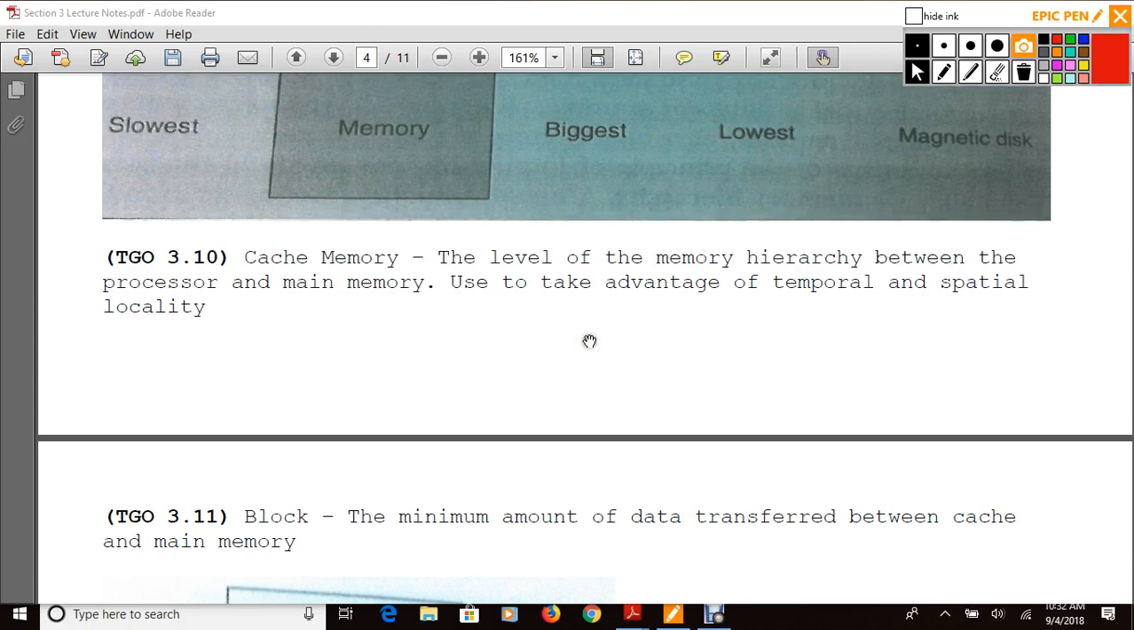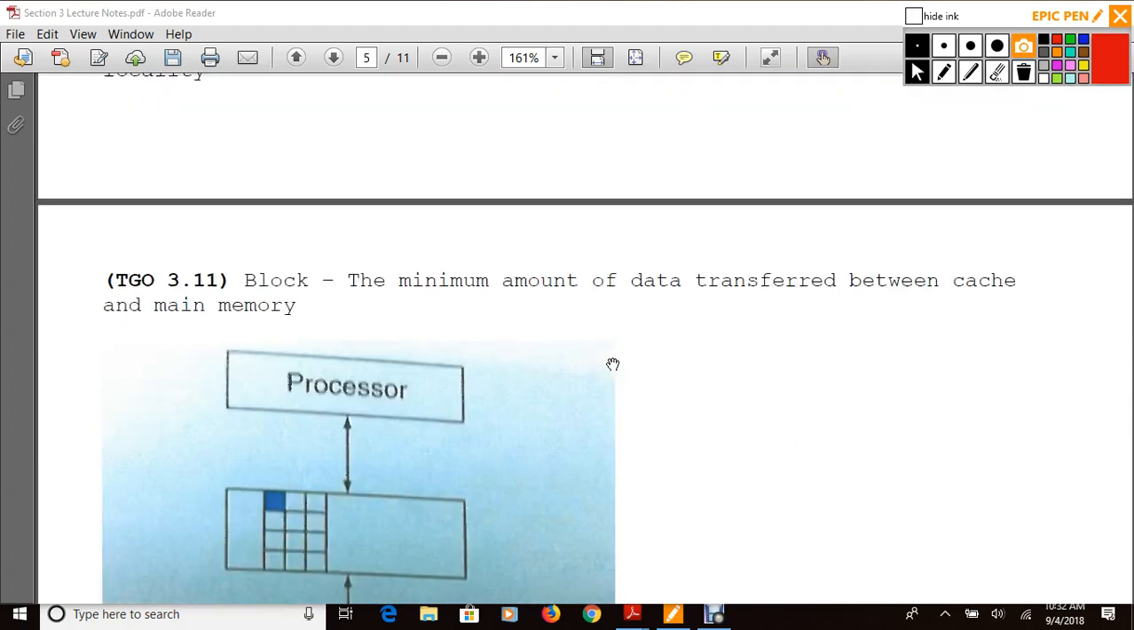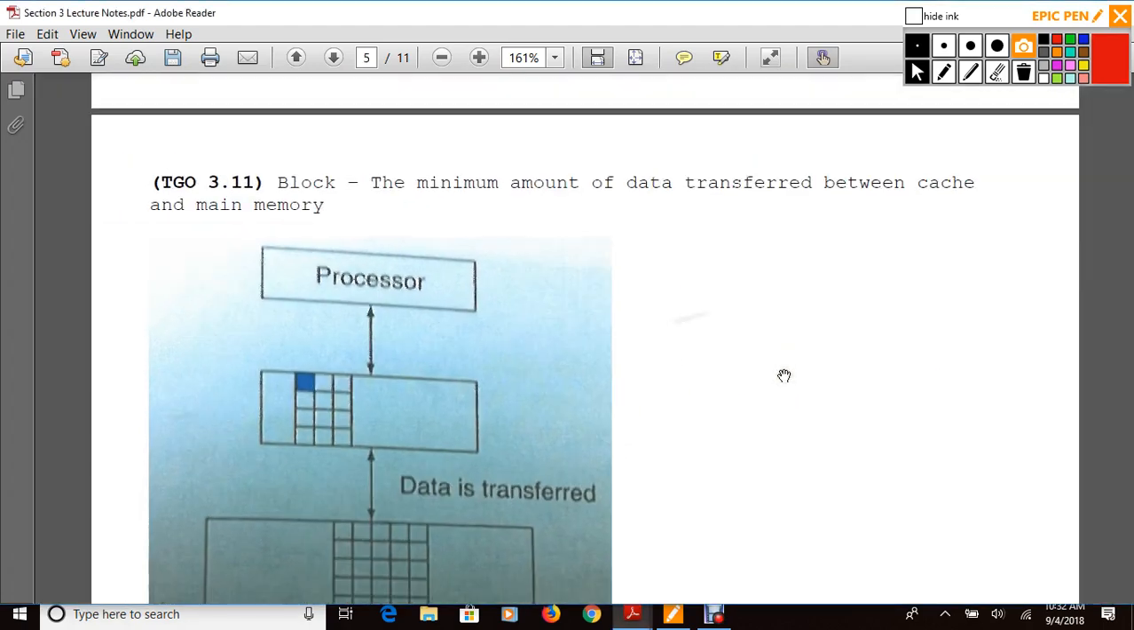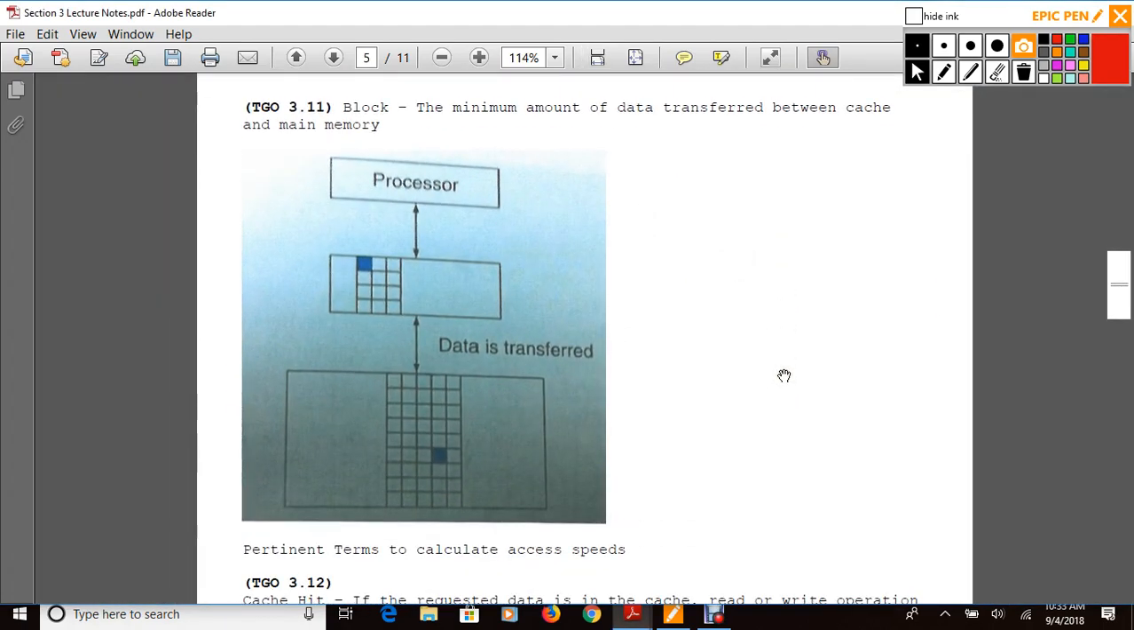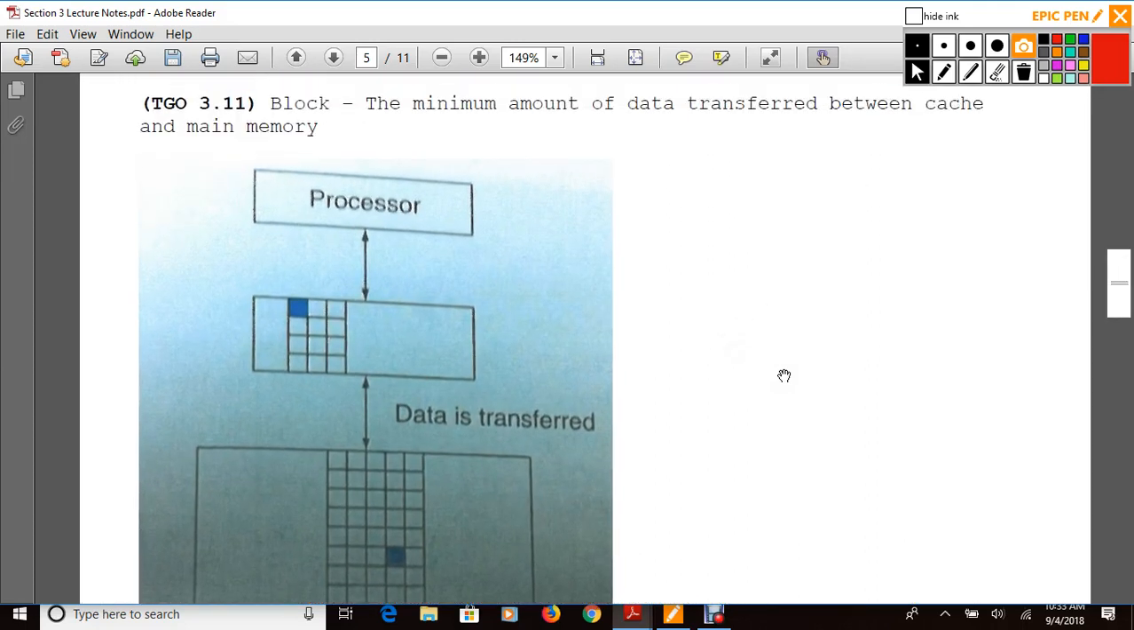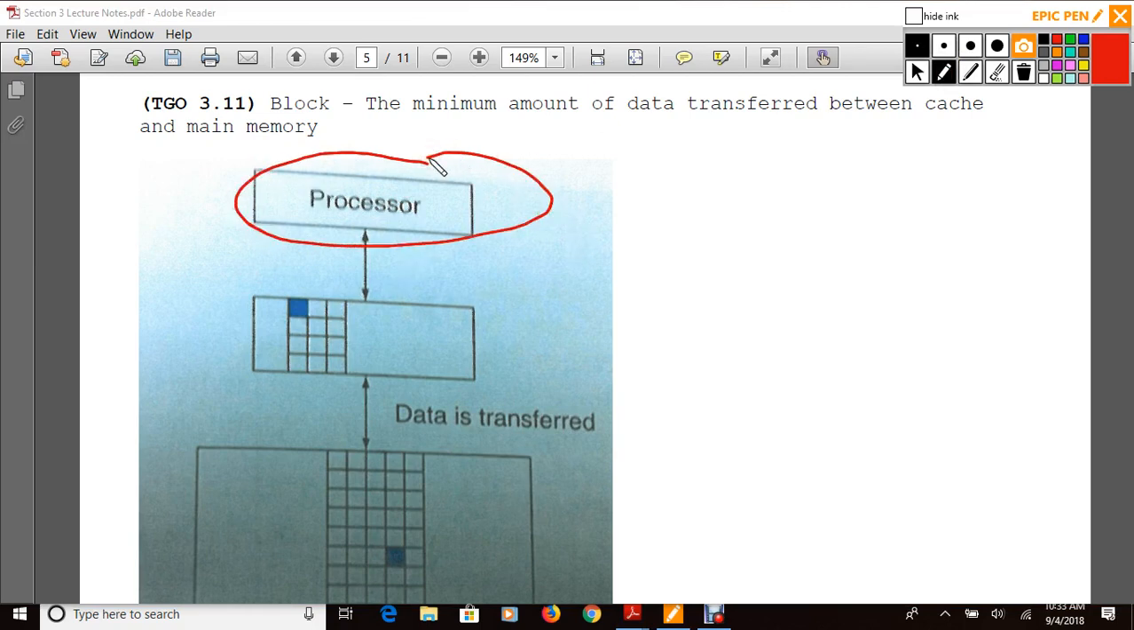Any other questions? Okay. So, what is a block? The definition is not the drawing. A block is the minimum amount of data transferred between cache and main memory, right? So in this case, you can see the blue square. I would want to transfer a certain number of blocks between, so I have the processor, I have my local registers, right? So what do you think would be a good block size, given what you know about the